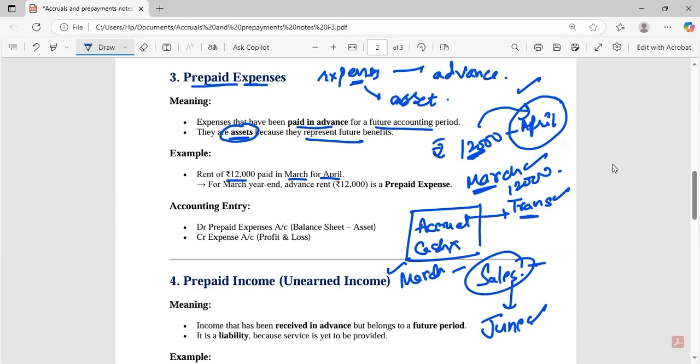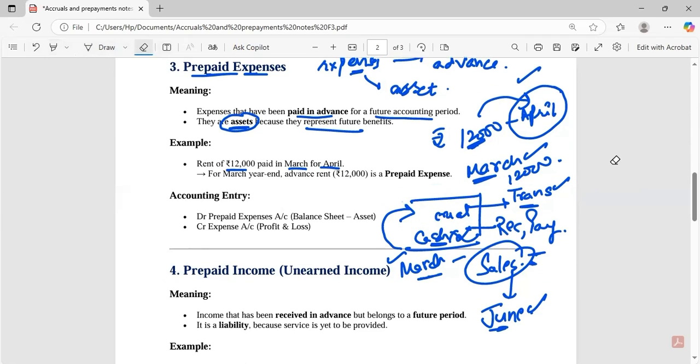But I will record this transaction in the month of March only because I prepare my books on the basis of accrual. My books are not prepared on the basis of cash basis. Cash basis says that record the transaction when you receive cash or when you pay cash. Then according to this basis, the entry should have been recorded in the month of June. But I prepare my books according to accrual basis, and accrual basis says record the transaction whenever it happens. So it happened in the month of March, so I will record it in the month of March. All right, so the same concept applies here also.